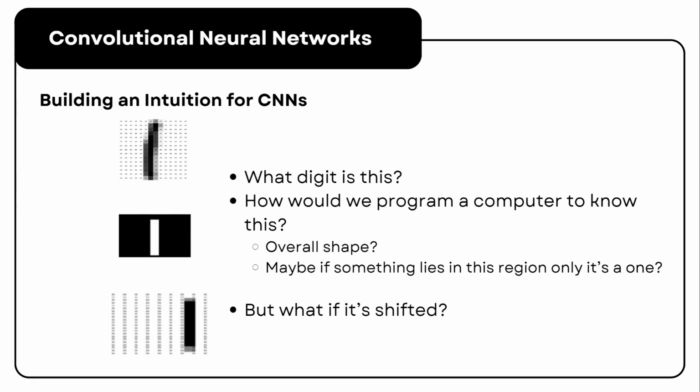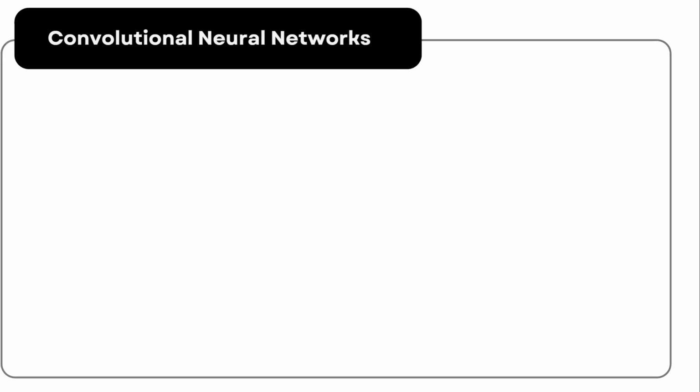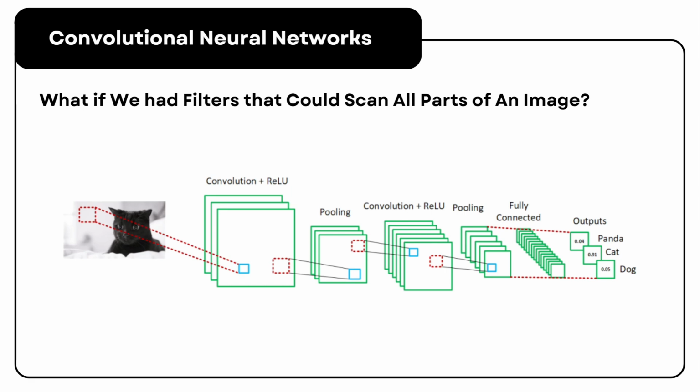So how is a CNN, or a neural network, able to do this? Well, this is basically how convolutional neural networks work. They have many filters, and these filters allow us to extract features from different parts of the image. I'll explain this in the later sections, but for now,